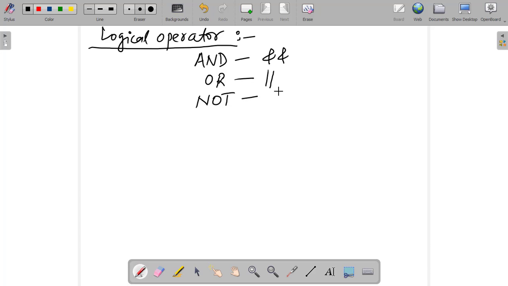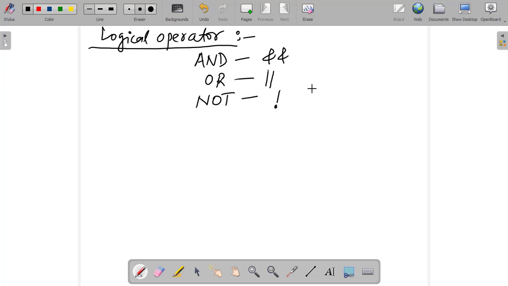The NOT operator is the note of exclamation that you will find on the keyboard's button 1. In the top left corner you will see the 1, 2, 3, 4 buttons, the number buttons. On the button 1 there is also a symbol of exclamation mark. That is the NOT operator. I hope these notations are very much clear.